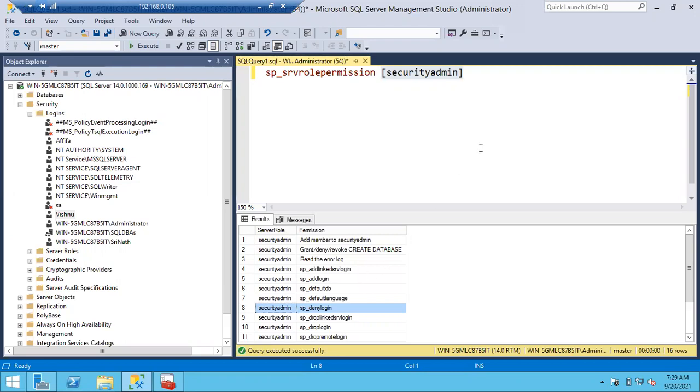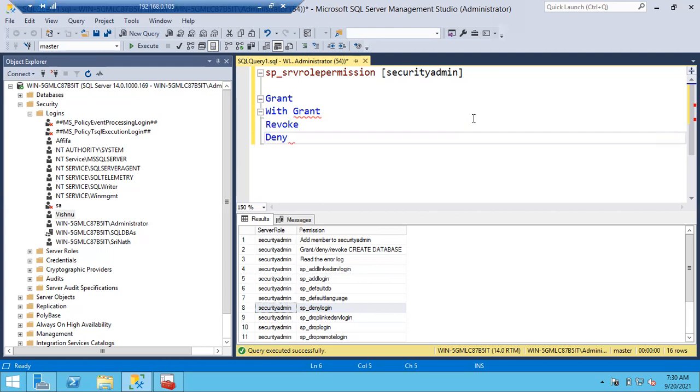I have a question for all of you. Listen carefully. We have already discussed grant, with grant, revoke, deny. So we have already discussed these four keywords. Grant means giving permissions.